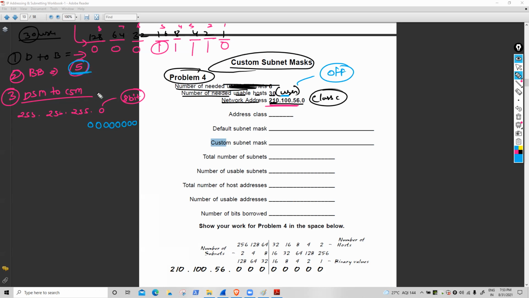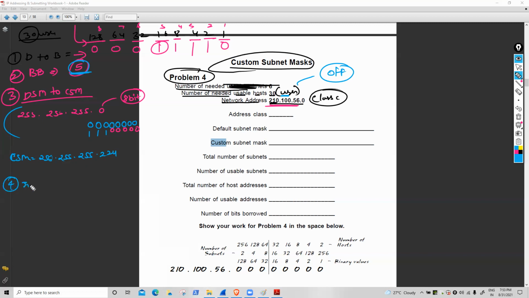How many bits borrowed? 5. So we need to turn off 5 bits. And how many bits on? 1, 2, 3. So we convert DSM to CSM: 255.255.255, and 3 bits on means 224. Clear?